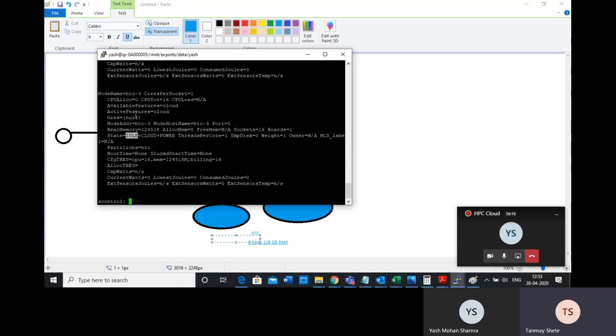If this particular machine gets allocated, the state will keep on changing. Eventually it will show allocated, and it will also show which job is allocated. It will keep on showing a better description as and when the job starts running.